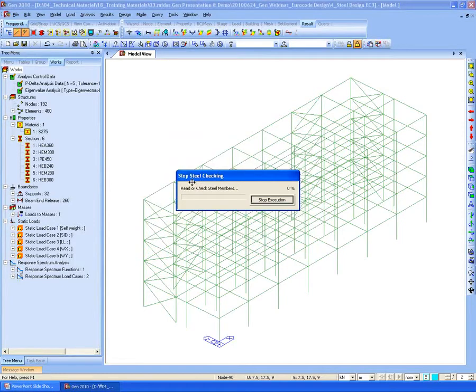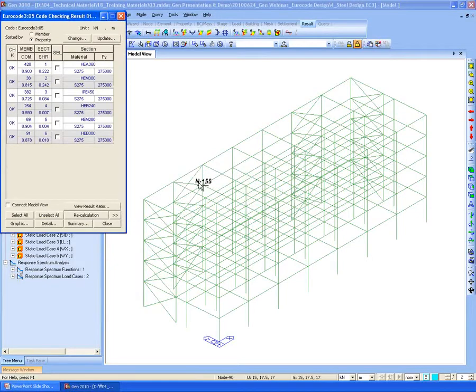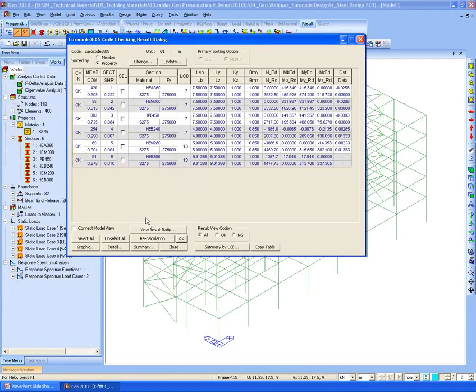Then we also perform the steel checking. Once the design is complete, we can also check the same results table here.